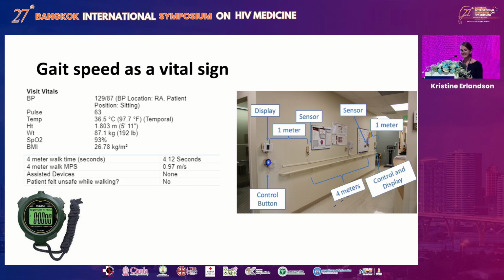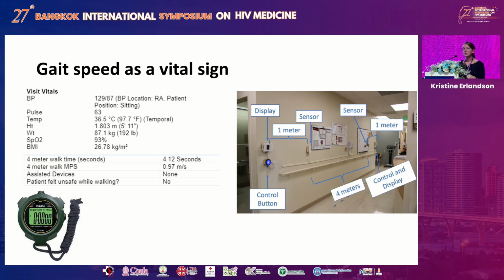that are coming in for routine assessments. Currently, we're on a stopwatch system, but we're trying to get this sensor device installed that our seniors clinic has. Basically, there's a sensor at one end of the hallway and a sensor at the other end of the hallway, and the medical assistant can just hit the device on the wall. The participant or the patient walks down the hallway, they hit the other end, and then their gait speed pops up. On average, it takes about 13 seconds to actually hit the buttons and record the value in clinic, which